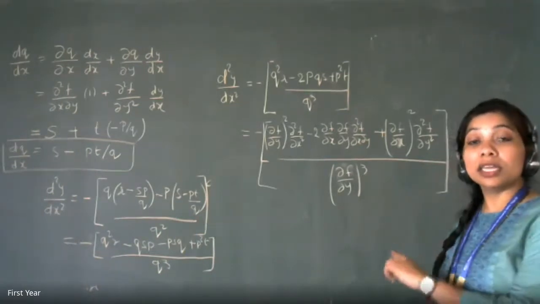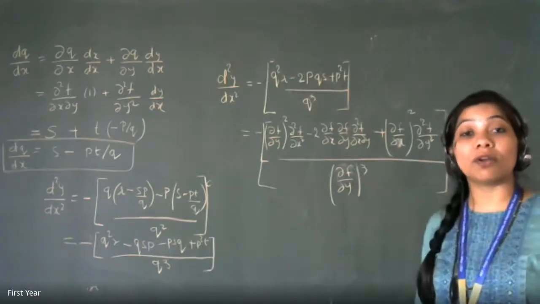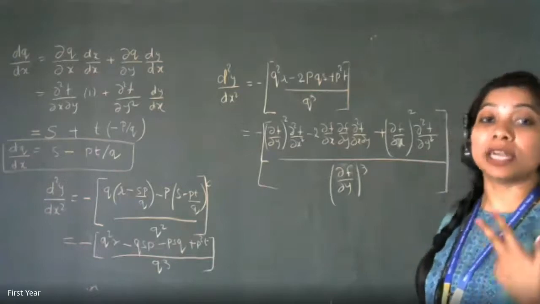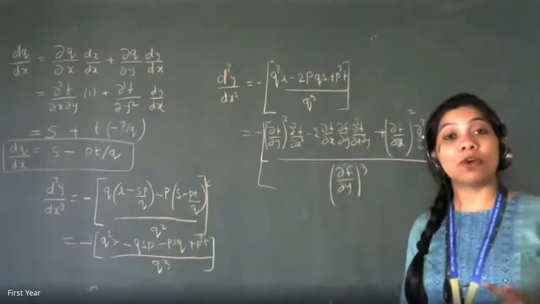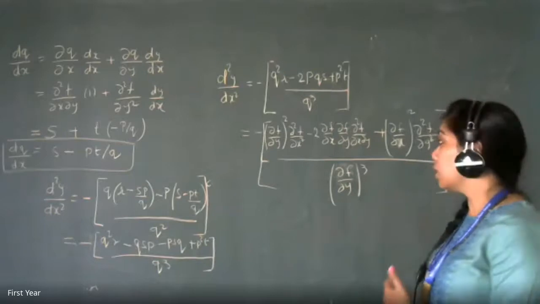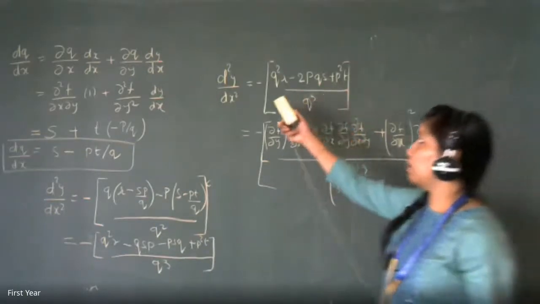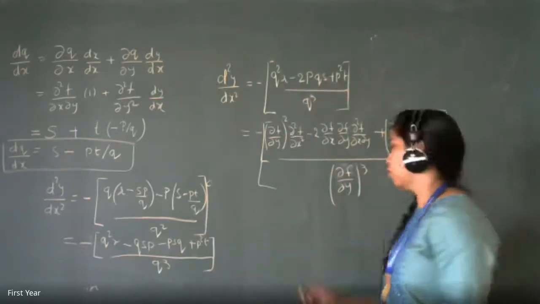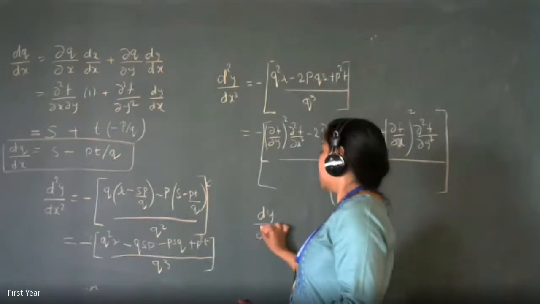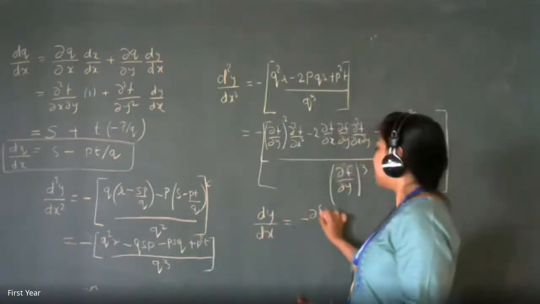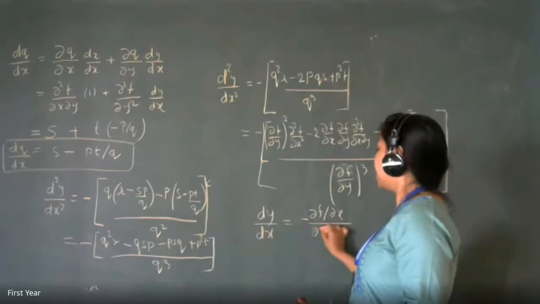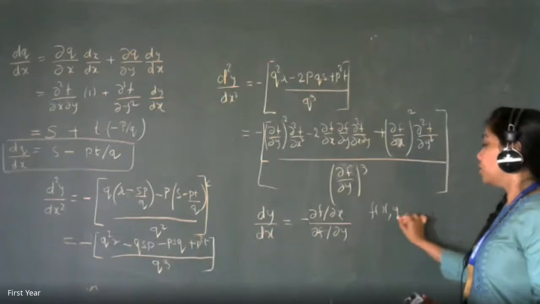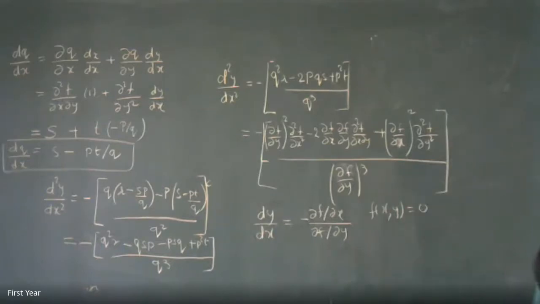So that's why I have taken this formula derivation, so that all the things are revised. Total derivative formula is revised, chain rule is revised, there are composite functions, and then normal partial derivatives are also involved. That's why I took the derivation, but for you all, the things which will be asked in the examination are the formula of d2y by dx square and the formula for dy by dx. So let me just rewrite it. dy by dx is minus (delta f by delta x) divided by (delta f by delta y), if f of x comma y is 0. Is this clear to everyone?